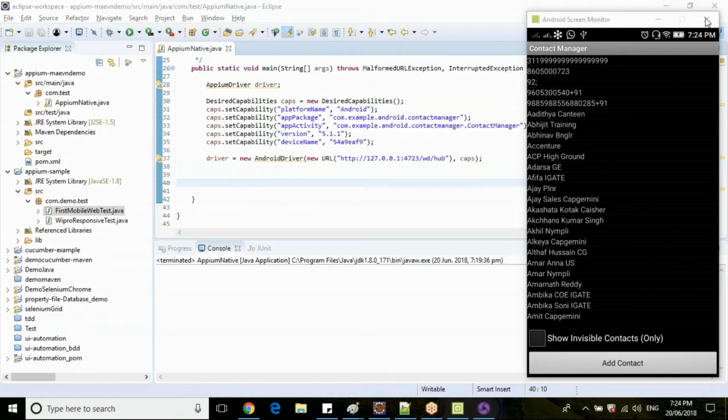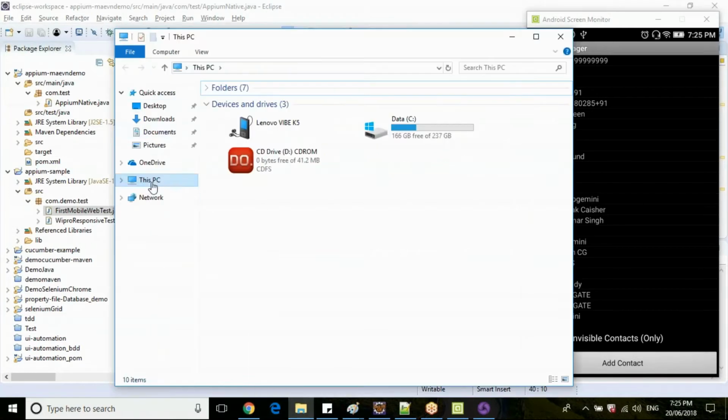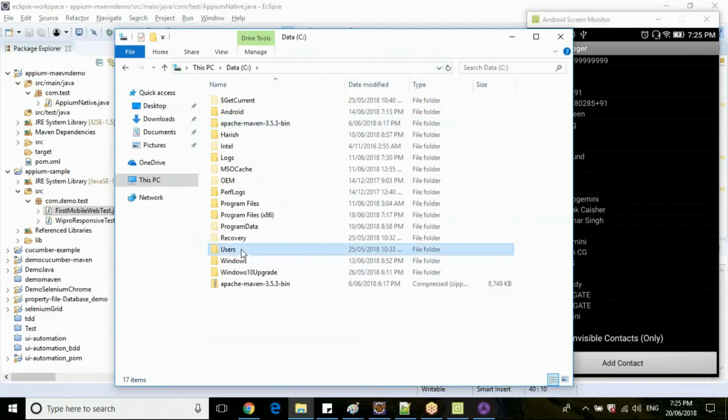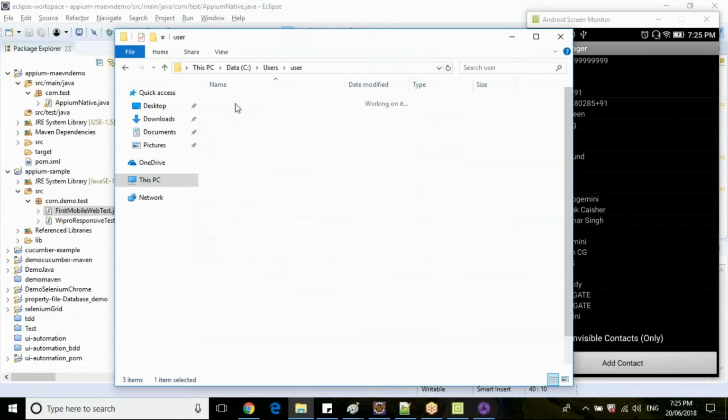It's UI Automator. UI Automator is the one used to inspect your native elements here. Clear? Go to your Android SDK installed path. I have my Android SDK here.